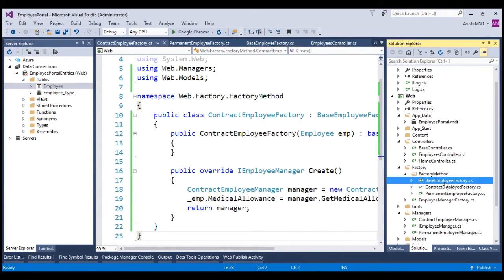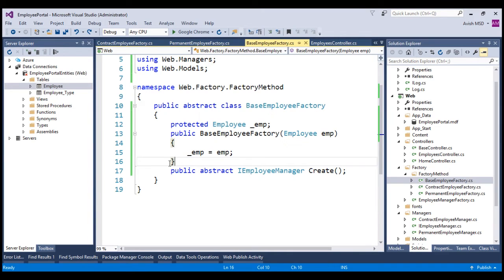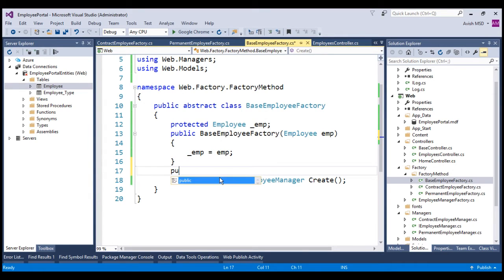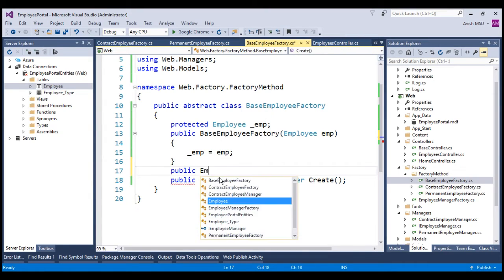Let's now switch back to the base employee factory. You may have noticed that we have implemented the operation specific to contract and permanent employees in their specific factory methods. The next step is to compute the bonus and hourly pay, which are common for both contract and permanent employees. We can achieve this by leveraging on base employee factory. Let's create a new method in the base employee factory and call this method as apply salary. Let's create public employee